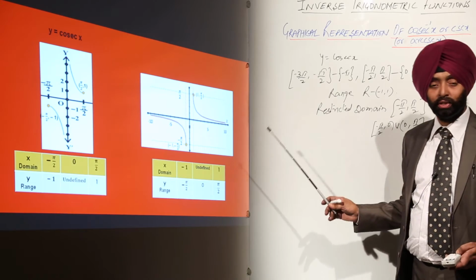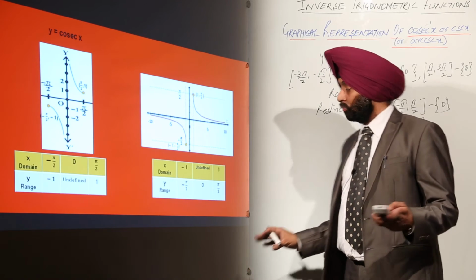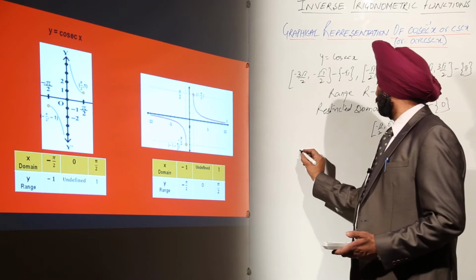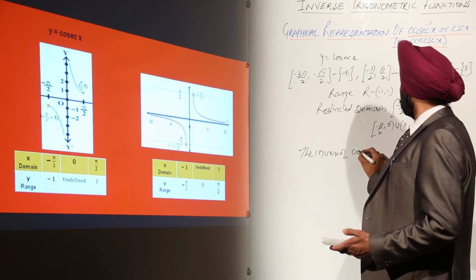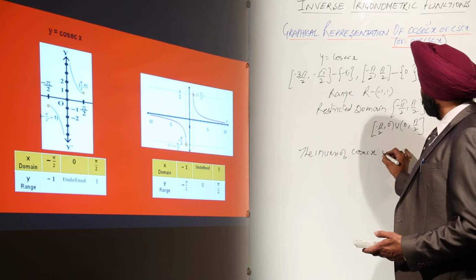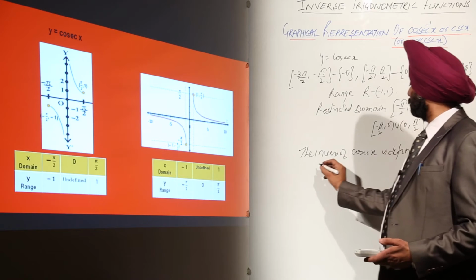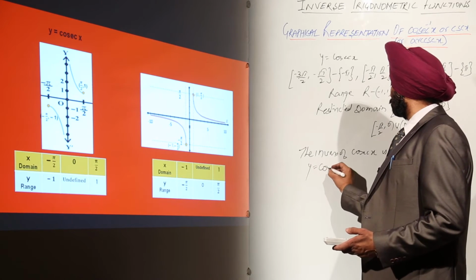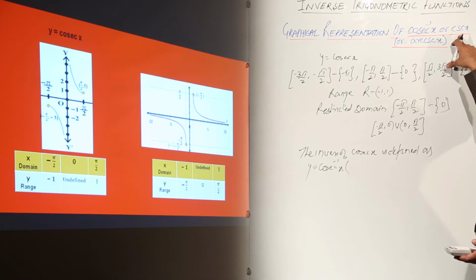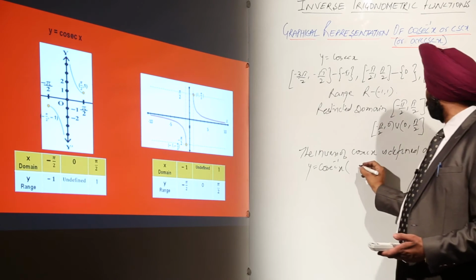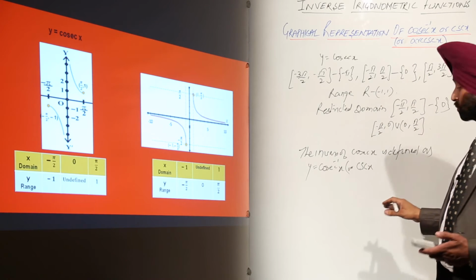Now this is the inverse part for this one. Okay. This is the inverse part. Now we can easily define it. The inverse of cosecant x is defined as y equal to cosecant inverse x, or we can write it as csc inverse x.